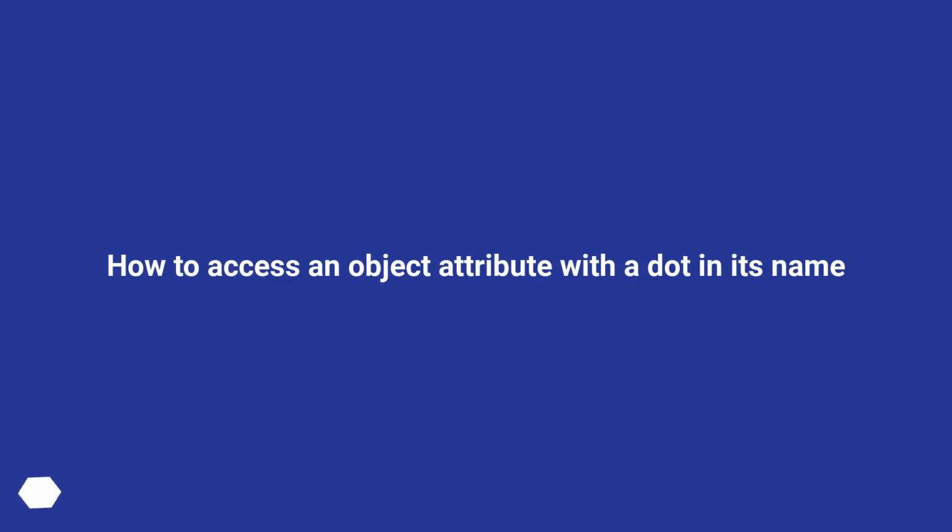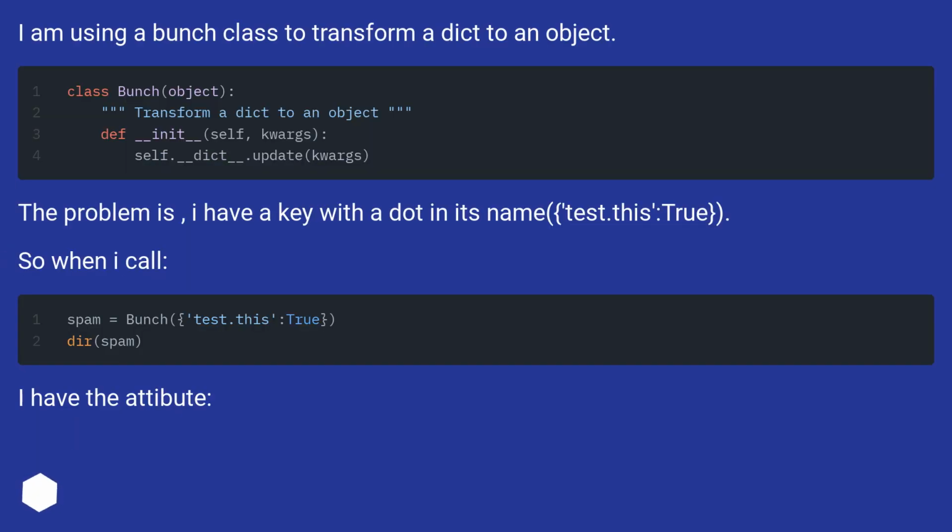How to access an object attribute with a dot in its name. I am using a bunch class to transform it to an object. The problem is, I have a key with a dot in its name,